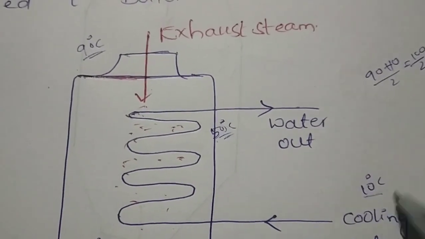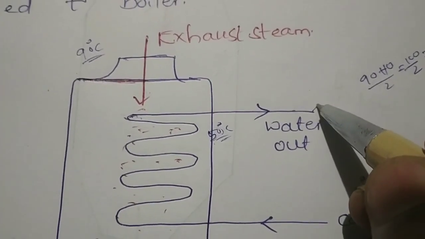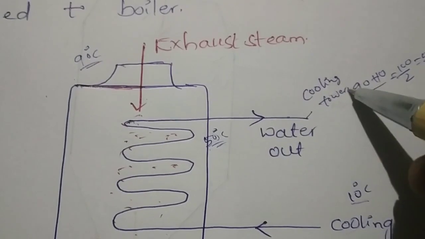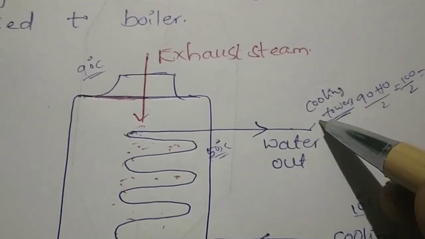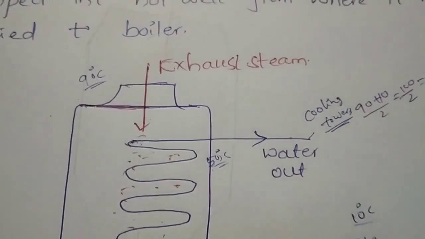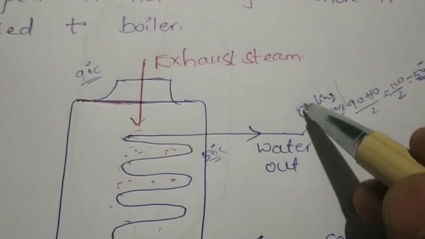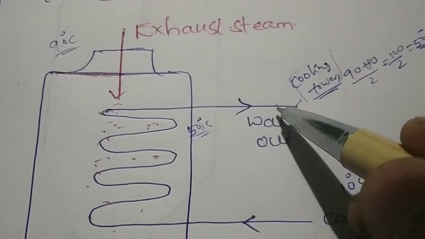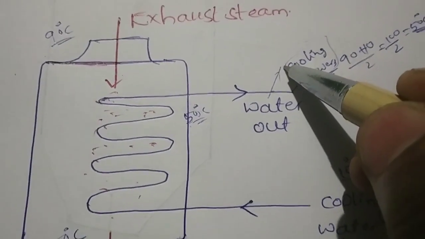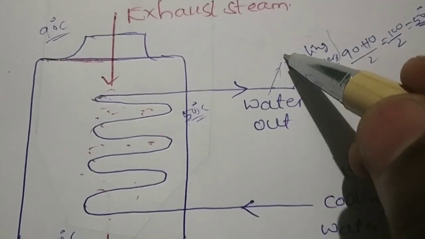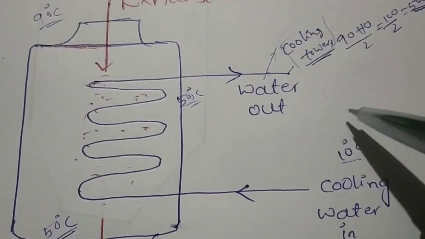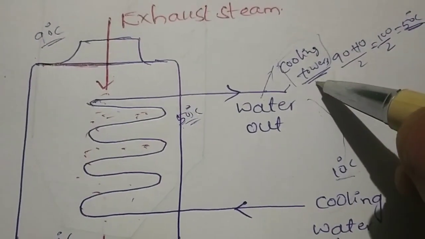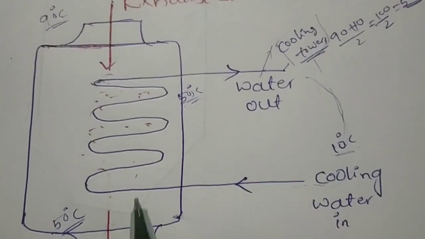And to continue the flow, this water will be sent to the cooling towers. Cooling towers, it is like, the warm water will be sent into the tower, where the cool air will be at somewhat low temperature compared to this water. Therefore the water will give its heat to the cold air. And this water will become a normal temperature, for example up to 10 degrees Celsius, like that. Again this water will be taken from this cooling tower and again sent into the condenser.